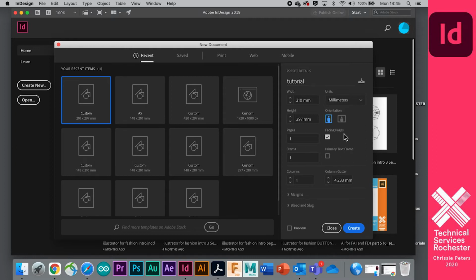And there's a few things in here that aren't in programs like Photoshop. One is facing pages. So if you're designing a book, you need to tick facing pages. If you're designing a poster or a single sheet, you need to untick facing pages. We're going to make a booklet that's going to be more than one page, so we're going to tick on facing pages. We can add the number of pages we're going to start with, and that might change as we go along, but I'm going to start with maybe 6 pages. I want to start on page 1,